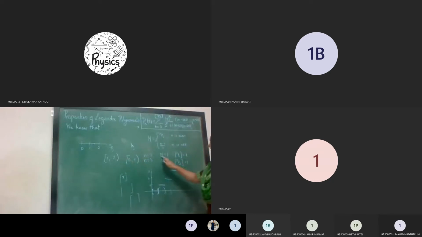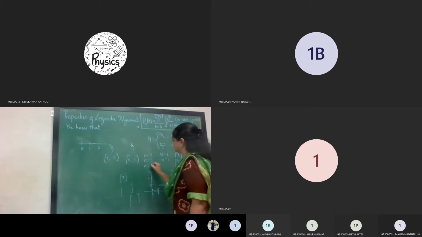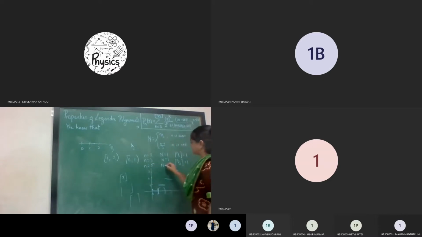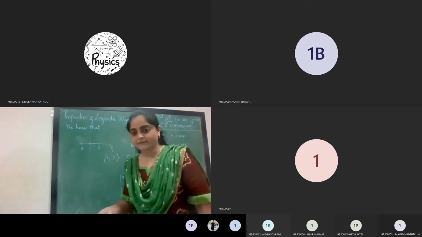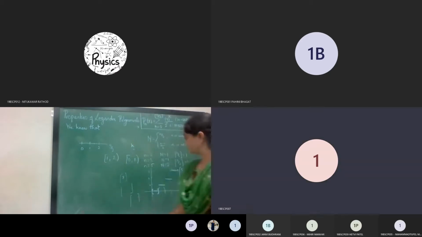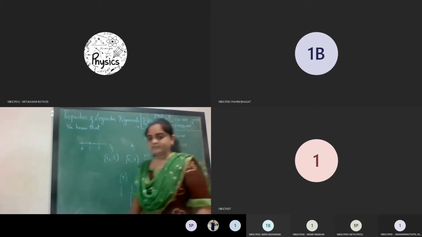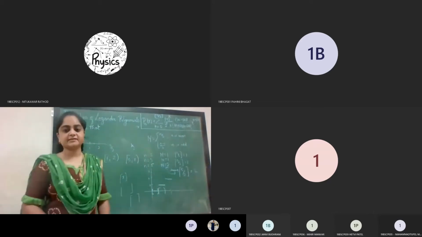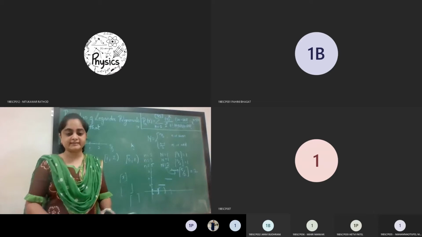So now you can see n is 1 over here, it is also 1, it is also 1. Suppose I consider n is equal to 5. So in this case n minus 1 is 4, 4 divided by 2, so it will be 2. And if you consider this one, the integral part of 5 by 2, what will it be? Actually 5 by 2 is 2.5, and for 2.5 you take the left hand side integer, so it will be 2. So these two are nothing but the same. That's why instead of that capital N, I have considered the integral part of n by 2. Is that clear?